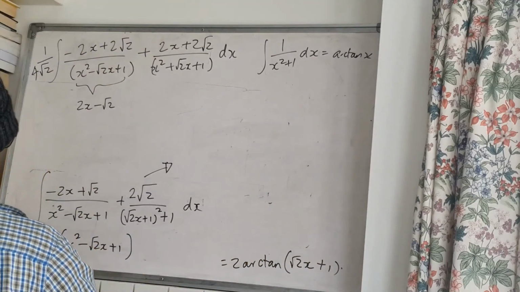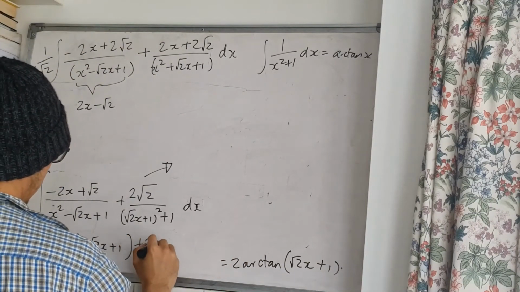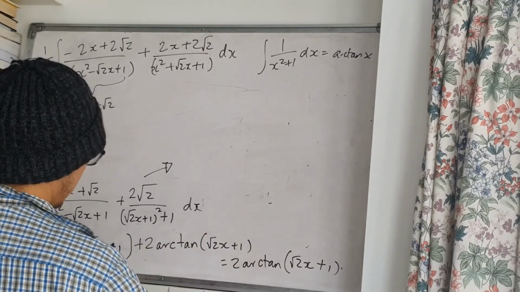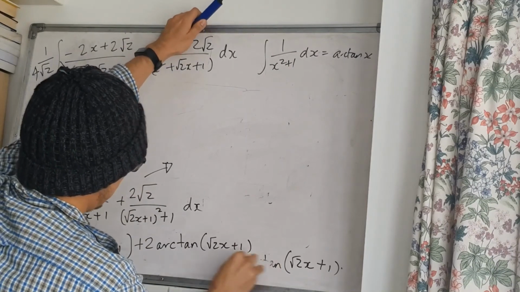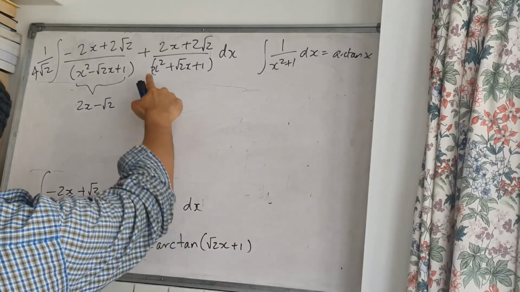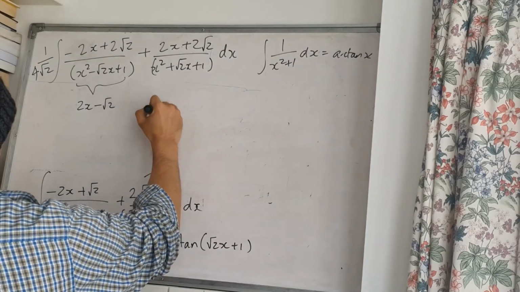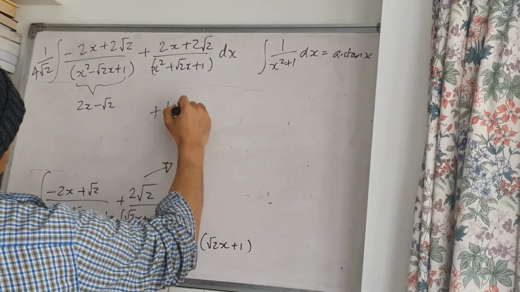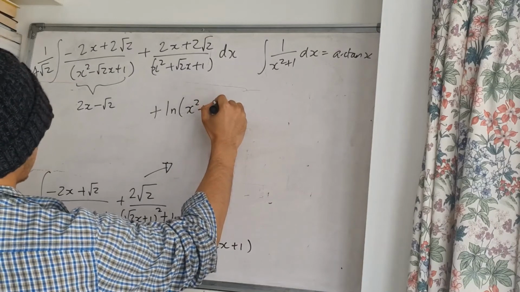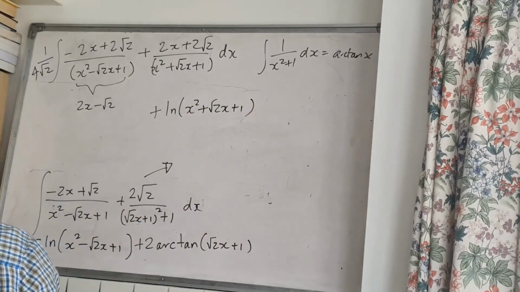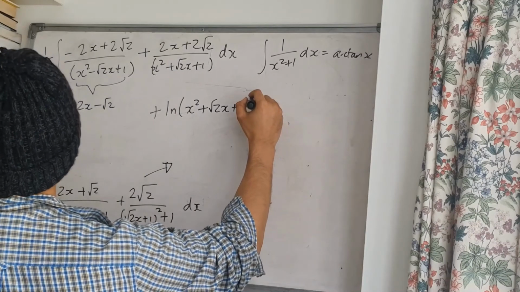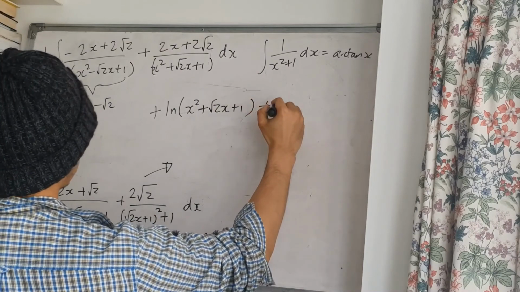And then now you have plus 2 arctan brackets root 2x plus 1, close brackets. Now that part is similar to what we've just done. So instead of the minus, you're just left with the plus. So it's almost exactly the same. So it's plus ln brackets x squared plus root 2x plus 1, and then plus 2 arctan